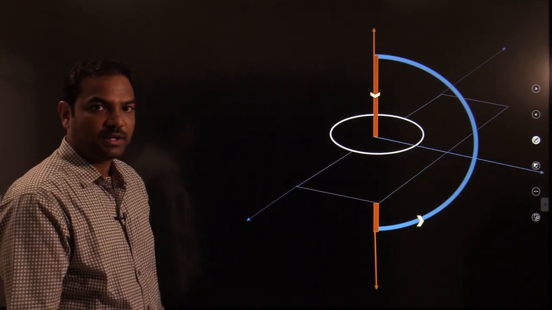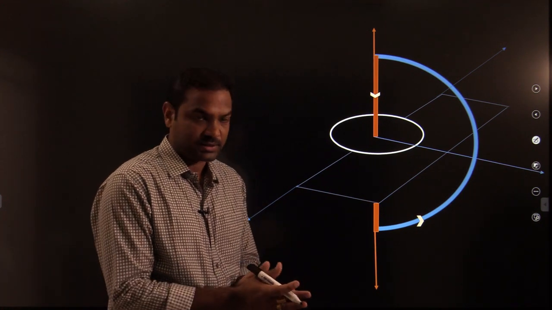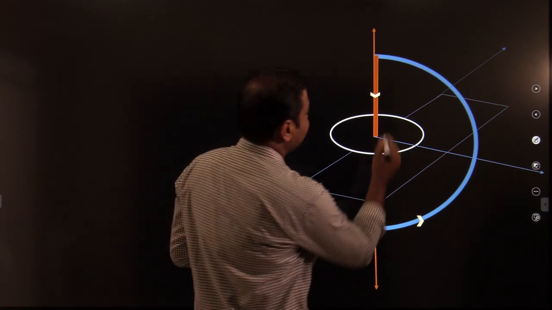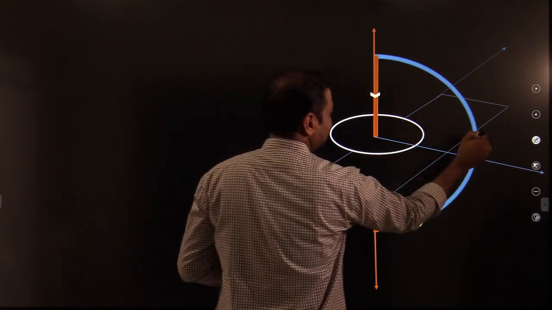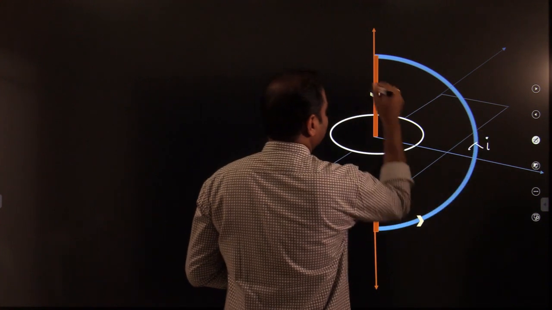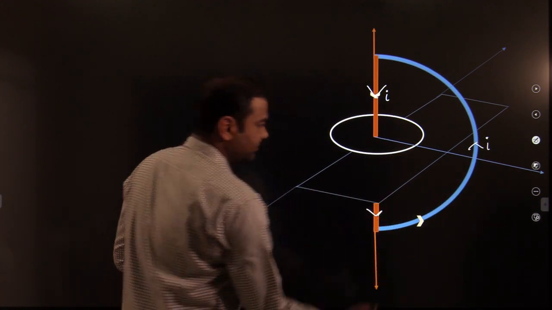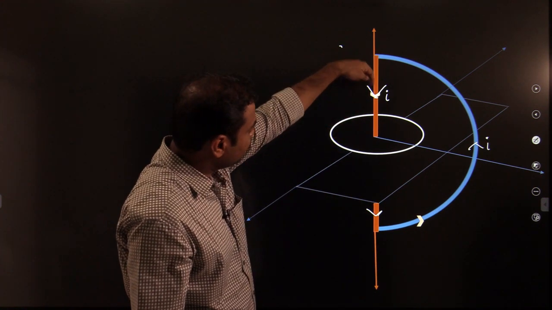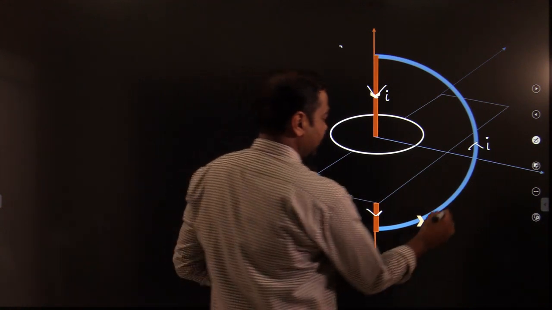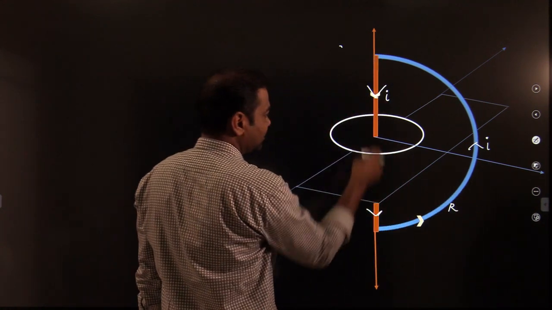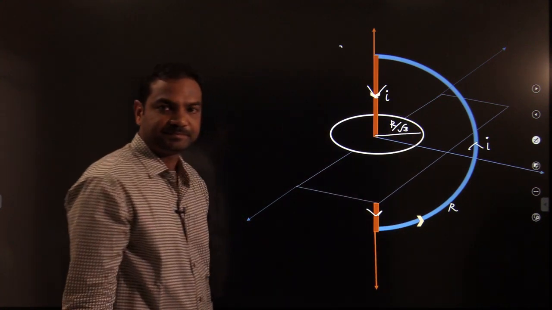Now, as I know that I can apply Ampere's law for closed circuits, what I did is, here I closed it. This is the one straight wire I have taken. You can see this orange wire. If it is carrying the current I, the orange one will carry the current I downward. So something like this. Obviously, the radius of this wire is R, then this will be 2R, and the radius I have taken as this is R by root 3.